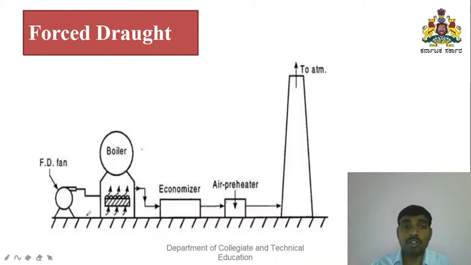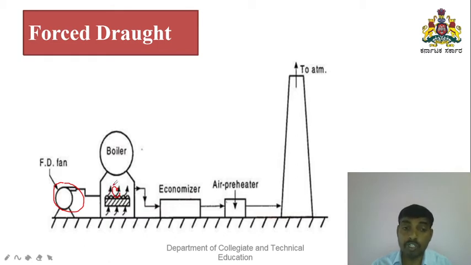So let's take a diagram of how the forced draft will look. This is the FD fan. You can already see it in the video. If the fan rotates, low pressure air is sucked in by the fan. From the fan, the pressure of the air will be increased. The high pressure air flows to the boiler, where the combustion actually occurs.